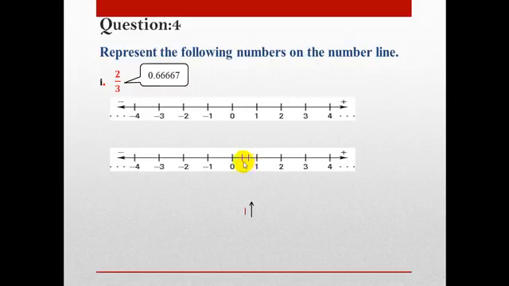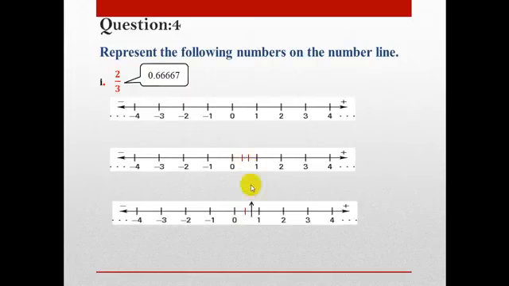You will divide it by 2 lines. Please don't draw 3 lines, because that will make 4 sections. Just draw 2 lines, that will make 3 sections. Is it clear? Then your numerator decides where it should be. It should be on the second section. This is 1, this is 2. So this is the point where your number should be, like this.